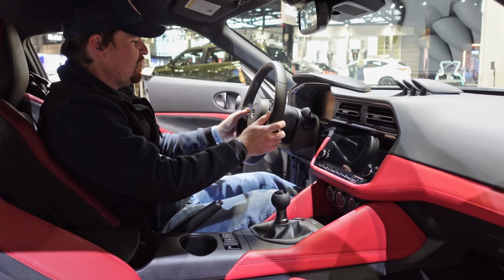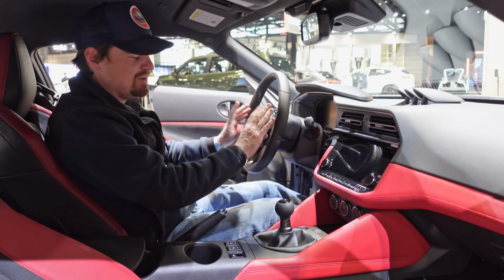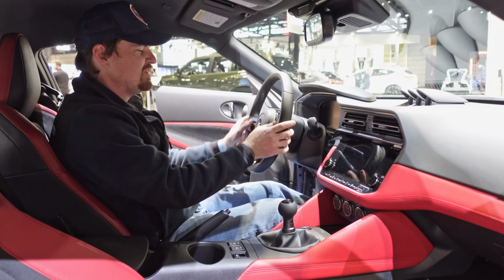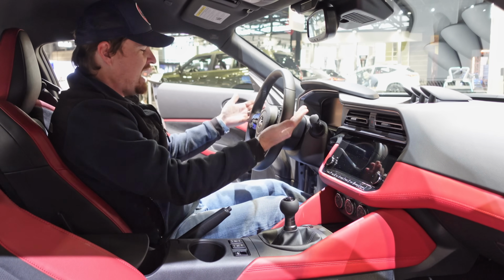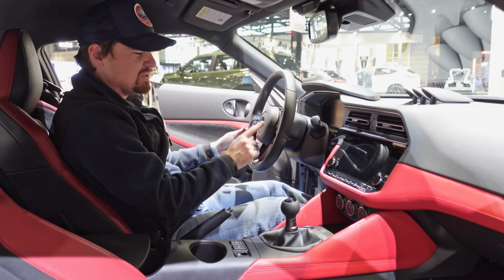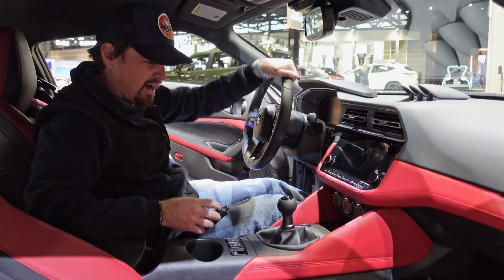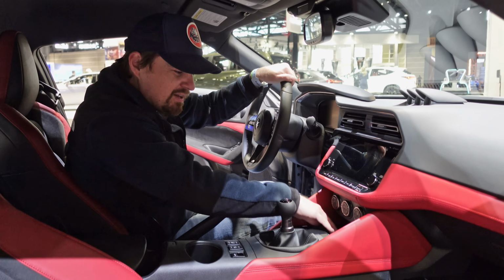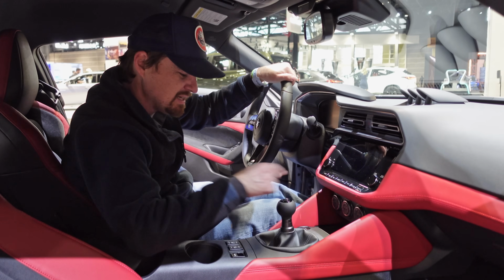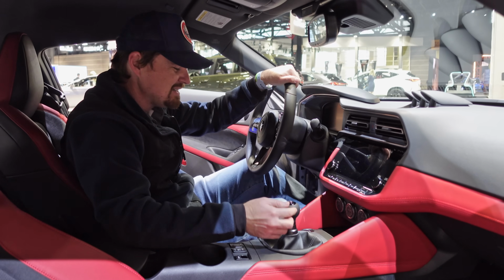And then one thing I will note, there's a little bit of piano black here, my favorite, on the steering wheel. You've got a lot of buttons here that are backlit and will tell you what they are, but with the vehicle off, you can't really see what's going on here on the steering wheel. Twin stalks for indicators and things of that nature. Let's see, we've got wireless charging pad, USB-A, USB-C, your engine start stop button here, but this is the real